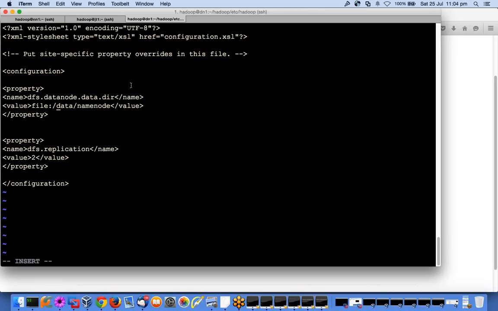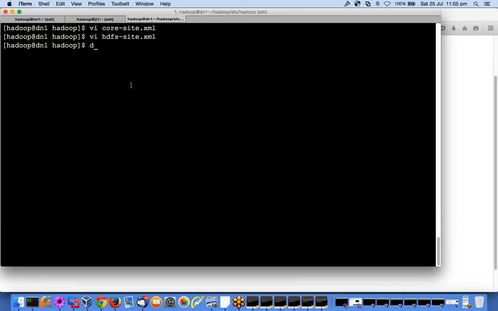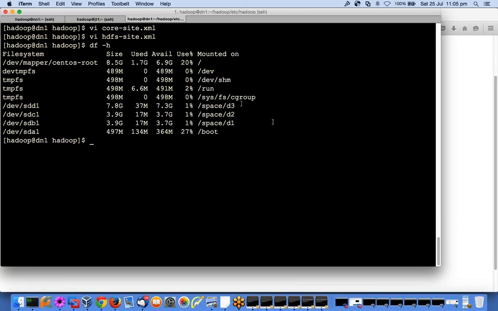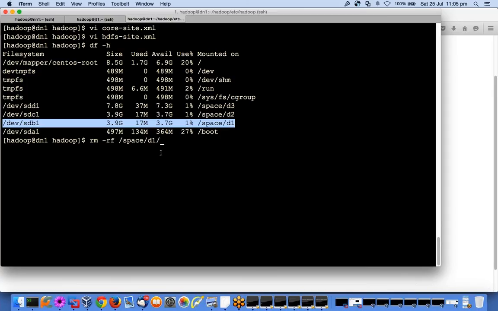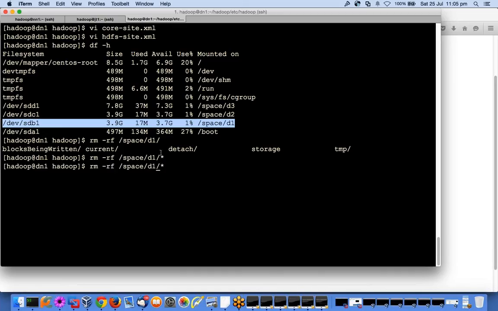So I will say file:/d1, for example. df -h, you can see the mount points here. For my datanode I can give multiple disk drives or one drive. So let me clean up, rm -rf. I am cleaning it because it has the old data from our Hadoop 1, I don't want that. I'm cleaning it. Okay, let's put 2. I'm cleaning 2,